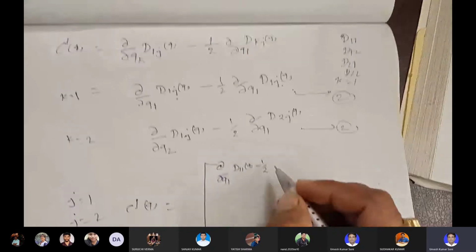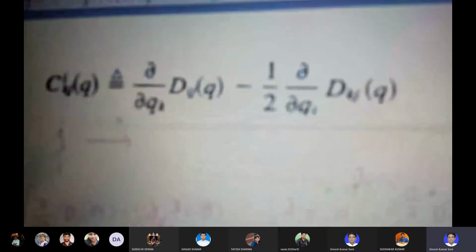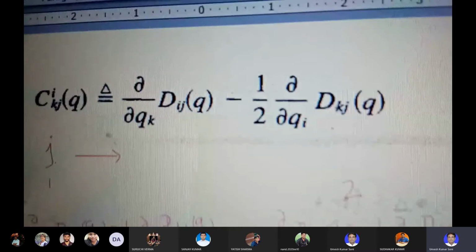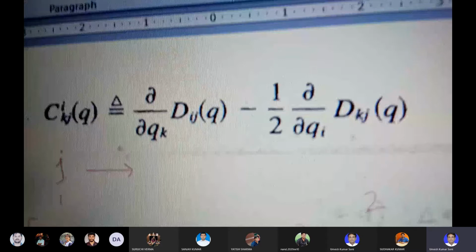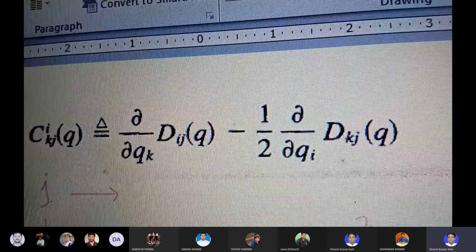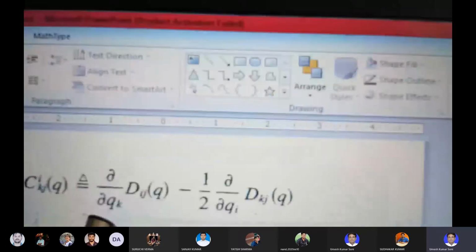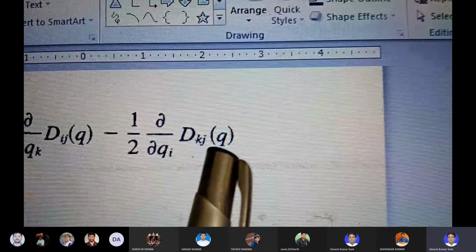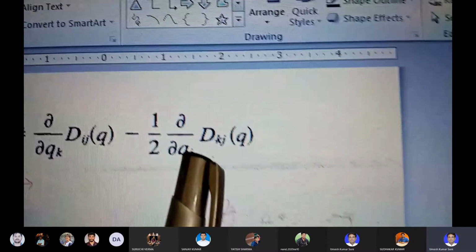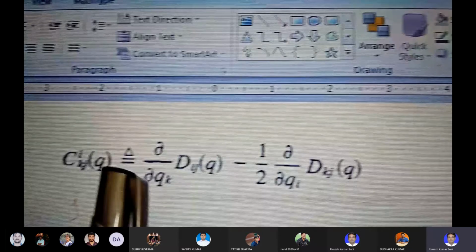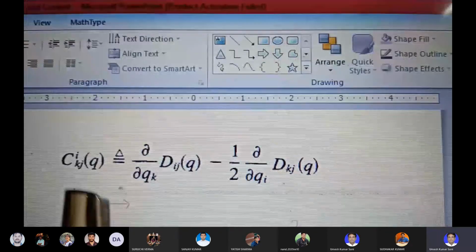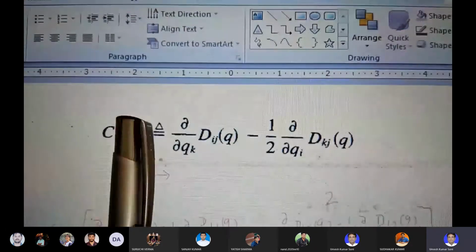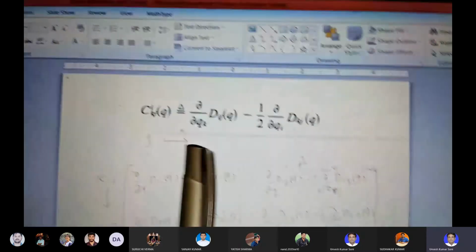This equation you have to remember in your mind during the exam and any time. When you take the dij, the variable downside should be dqk, and when you have the k cube kj, the variable should be qi. You are calculating for any individual link, so this is for the first link, and you are getting the effect of both the variables 1 and 2.